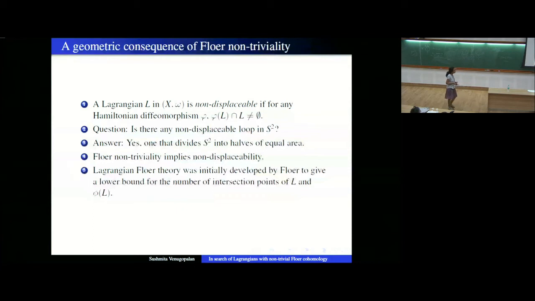Okay, and so these were the initial motivations for developing this theory by Floer. Floer wanted to give a lower bound for the number of intersection points of L and the image of L under a Hamiltonian diffeomorphism, and that's why he developed Floer theory. But now it's much more than that, and it's defined in much more generality than Floer initially thought of. In Floer's definition, there were no disks. He assumed that pi2 of X comma L is 0, but now the disks are a major contributor to our story.